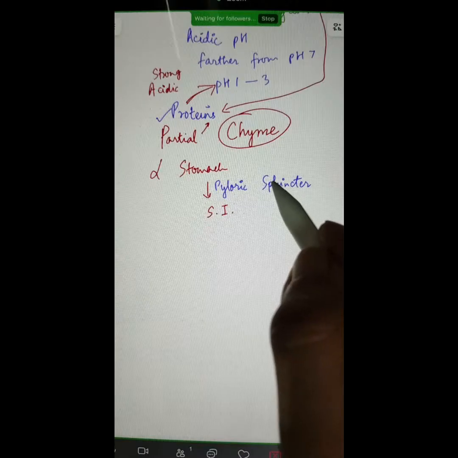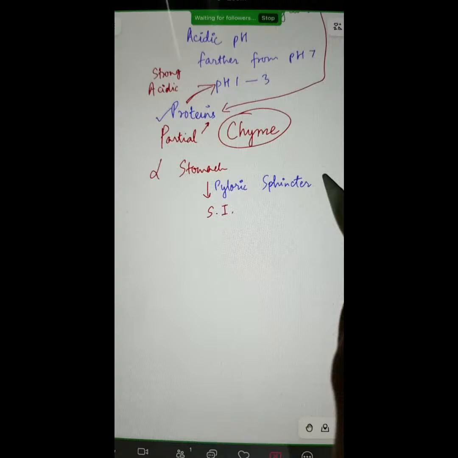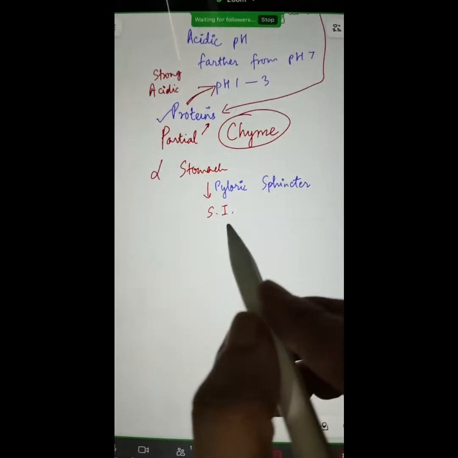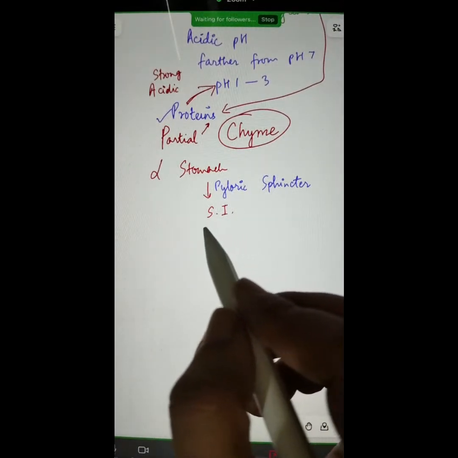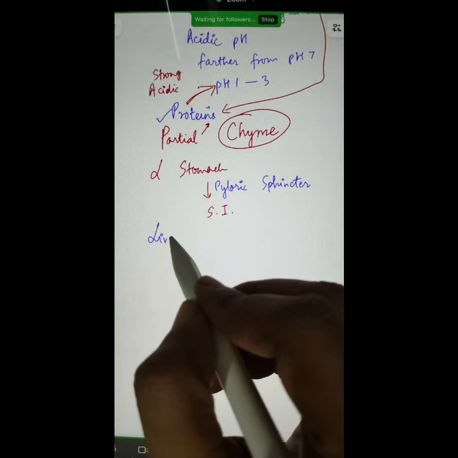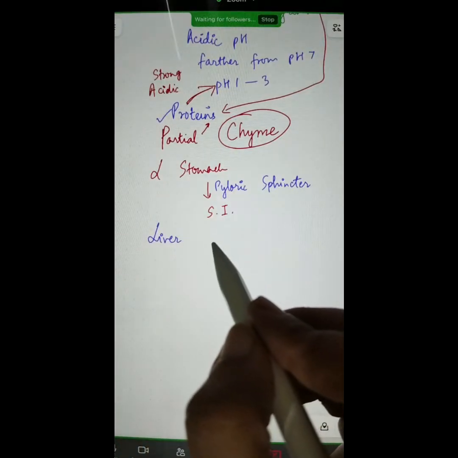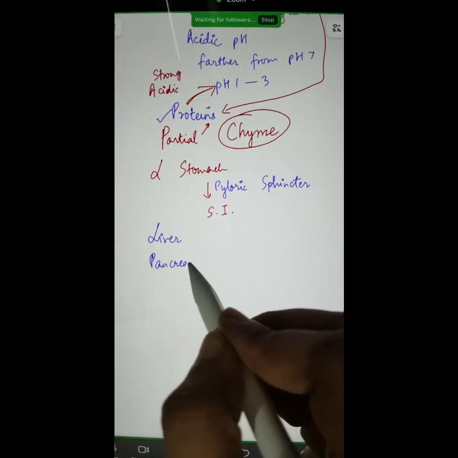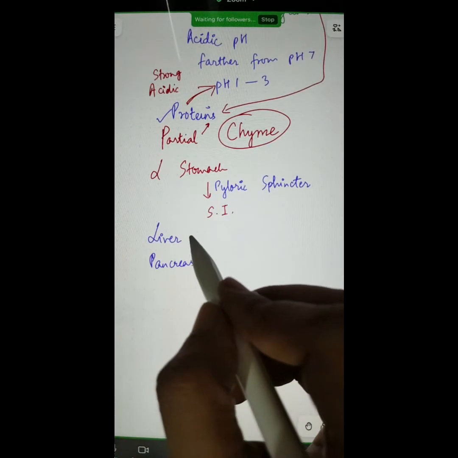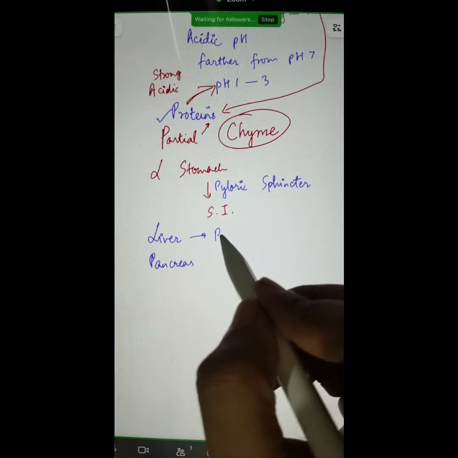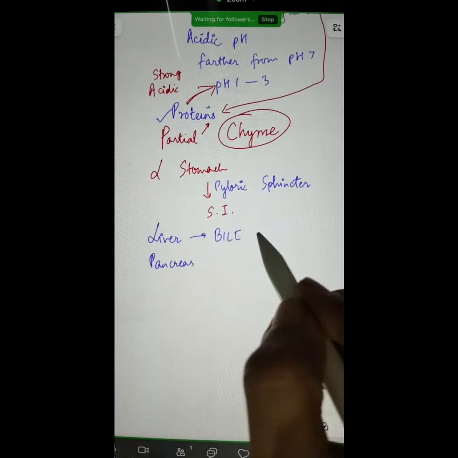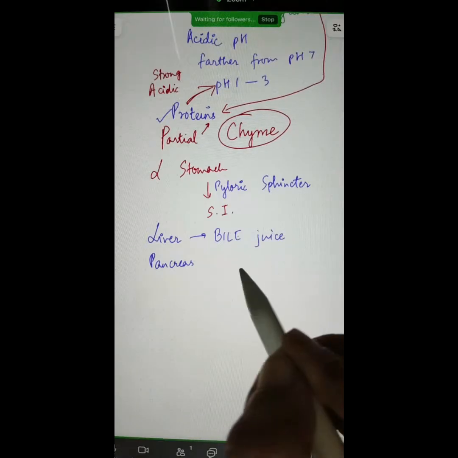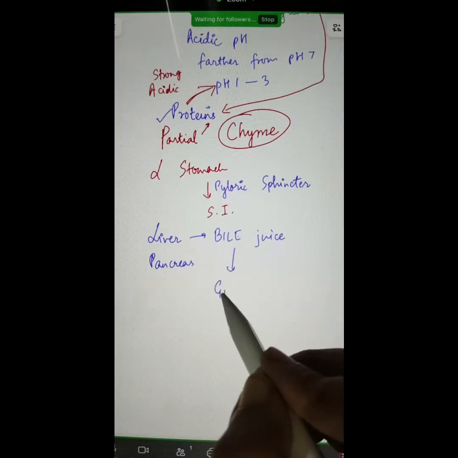So food is going to get passed from stomach to small intestine as this sphincter opens. Now, as the food reaches the small intestine, the secretion of liver also has to reach. The secretion from pancreas also has to reach. So liver produces bile juice, and this bile juice goes to the gallbladder,